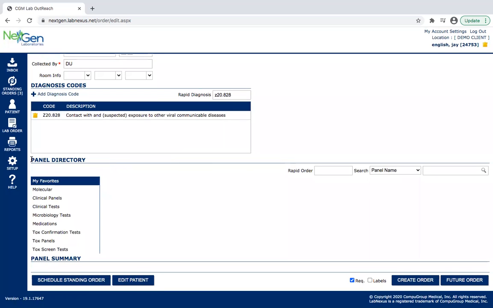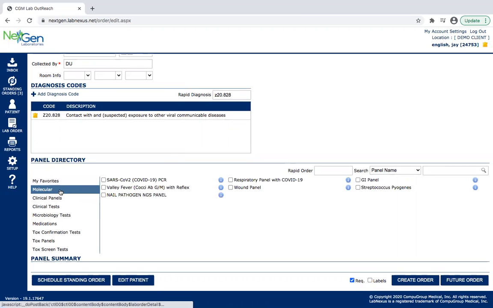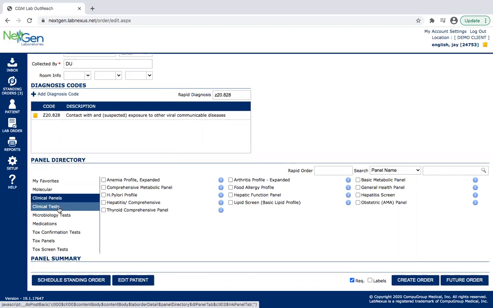The next information is the panel directory. So this is a list of all of our tests. As you can see, we have a My Favorites tab. Any test can be added to the My Favorites tab. We have molecular, which includes our COVID-19 PCR test, respiratory, valley fever, all of the rest of them. Clinical panels, clinical tests,